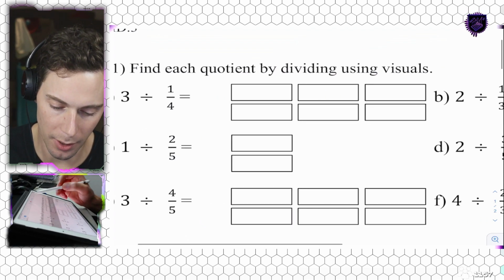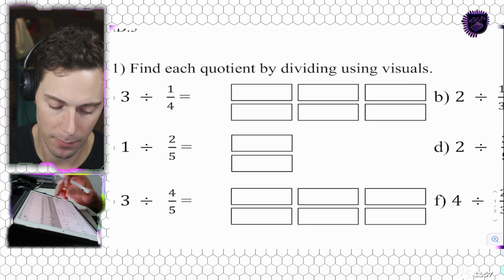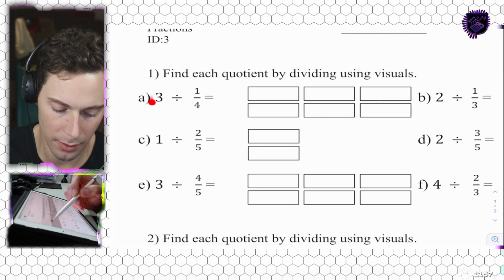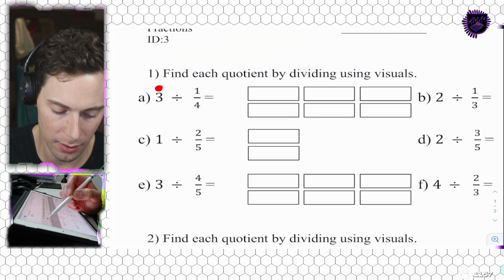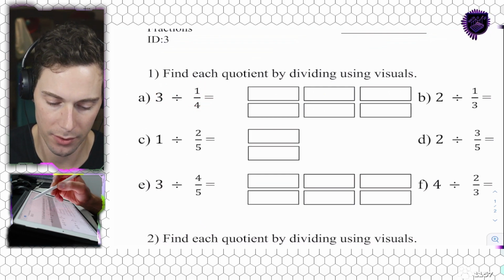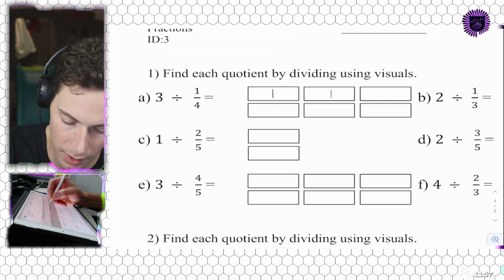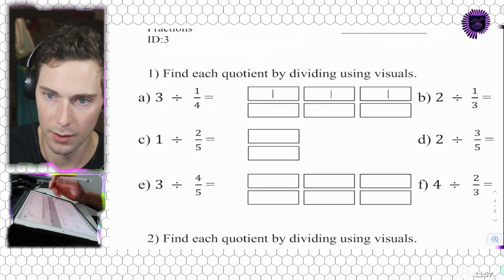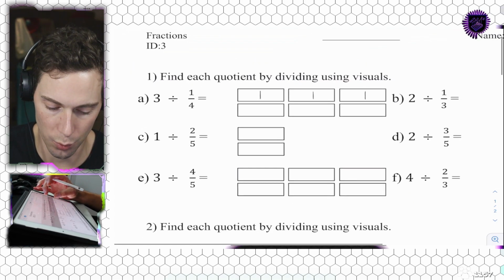So I've provided some boxes here for you. The top boxes are going to be the place where we write our whole number, and then we're going to break it up into its portions, right? So it's starting with our whole, breaking it up into quarters. So the whole number will be, this is 1, this is 1, this is 1. So there's our 3 wholes, right? Because it's 3